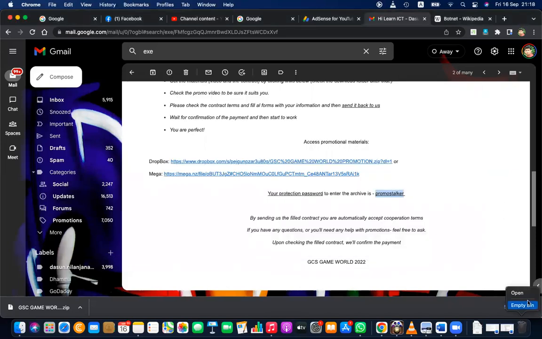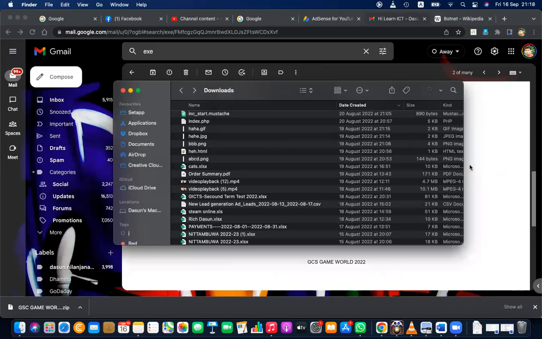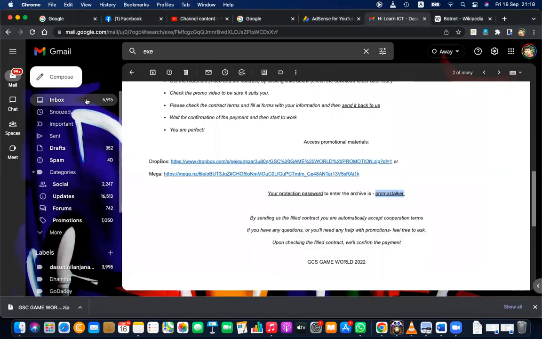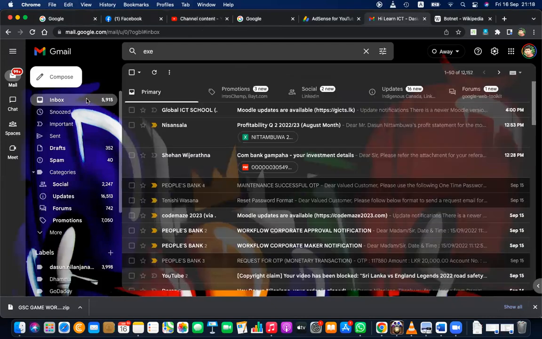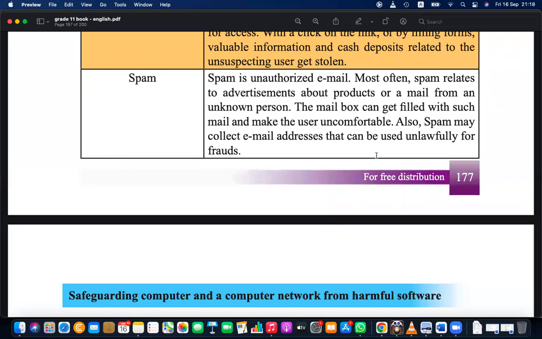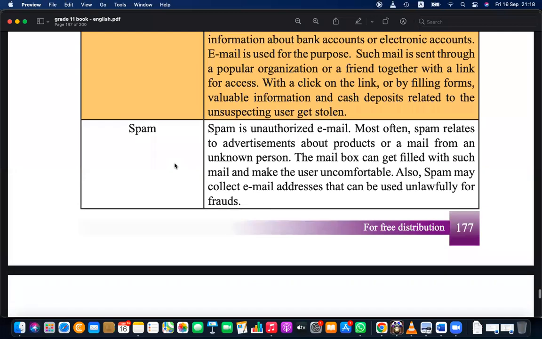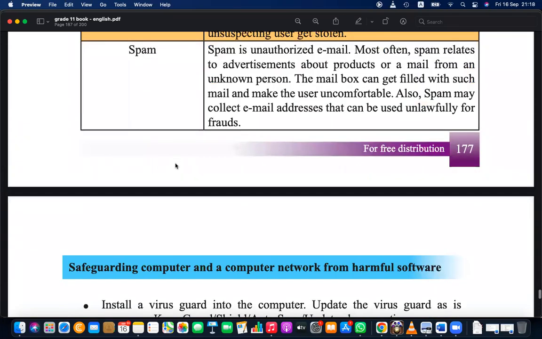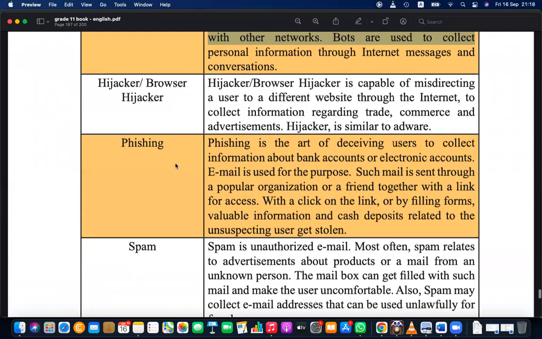Okay, you can see these are the ways that spam comes. Most Sri Lankans are safe from spam. Why do you think? They can't read, right? Most of them can't read and understand the instructions, so they happily ignore the English letters sent by spammers. Therefore most are safe. Okay, anyway.